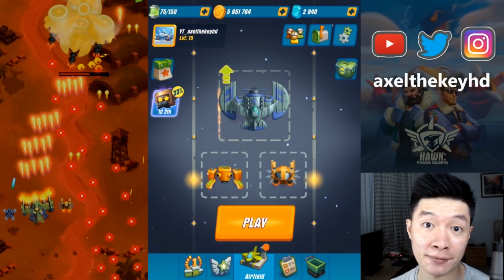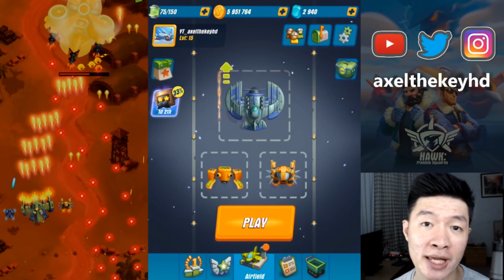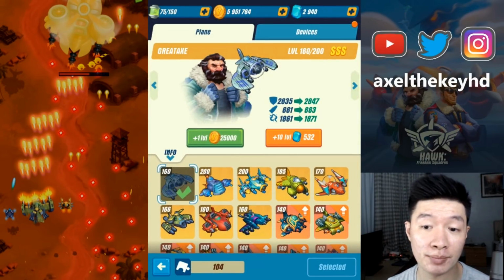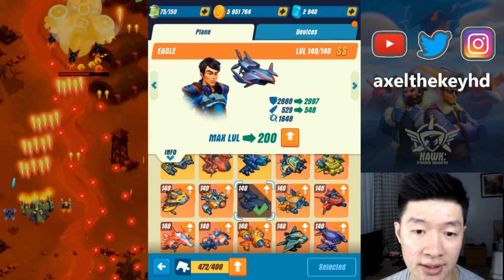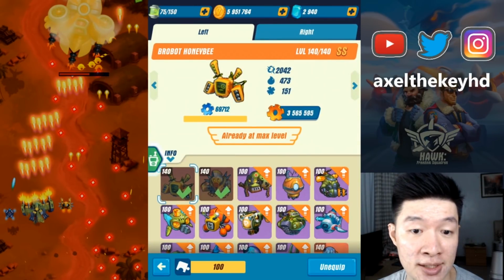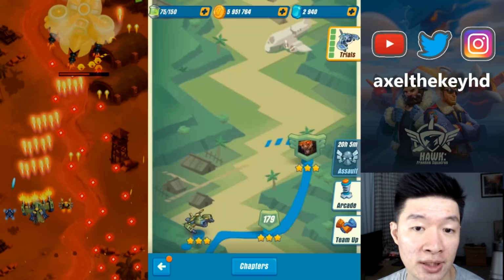Again, this is the gameplay for Hawk and we are going to evolve our plane into SSS class for today. So let's get started. And actually one of the planes that is weak in terms of armor, so I'm going to evolve this plane. But first of all, I'm going to test this plane on one of the stages before evolving it